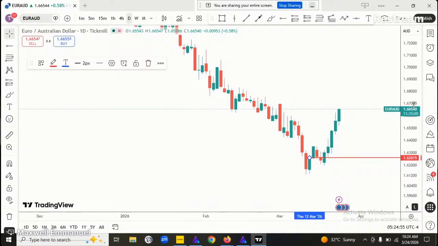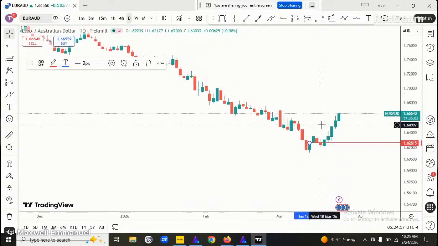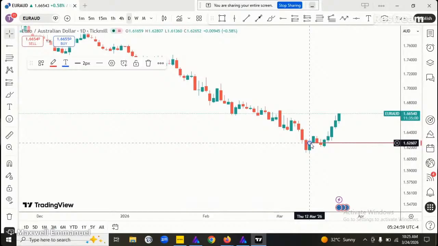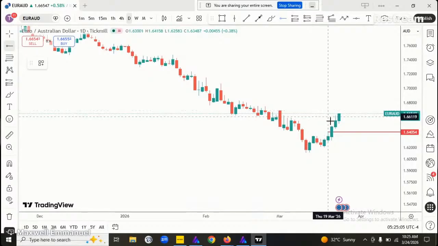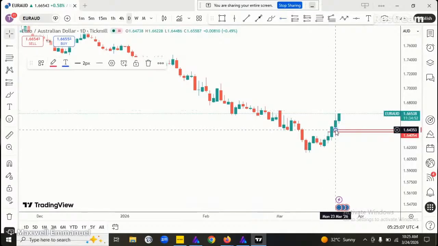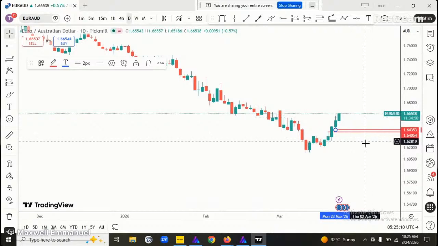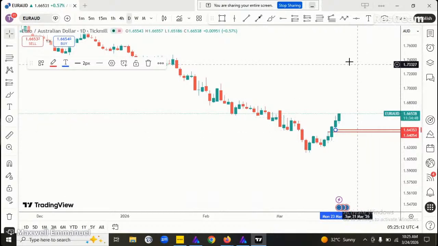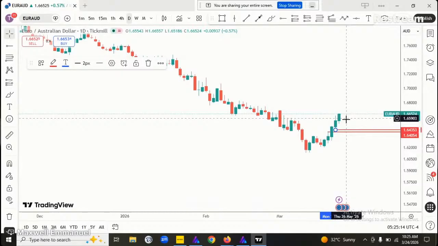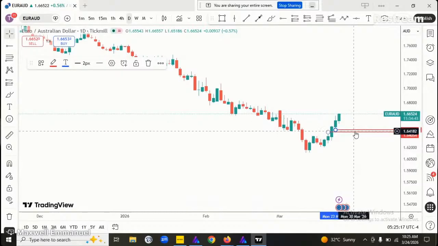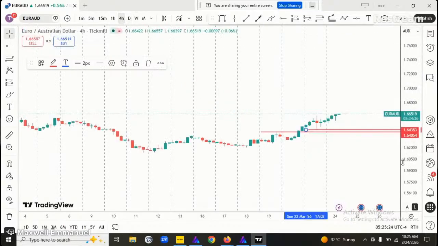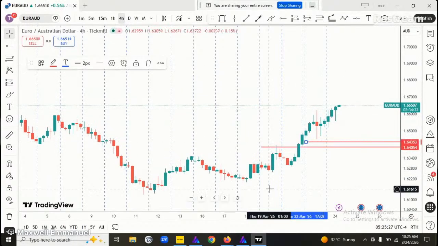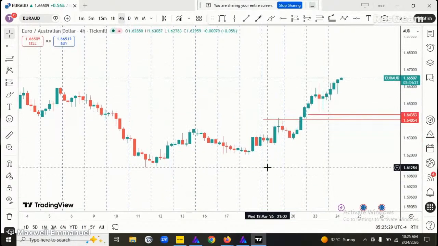So wait for a bearish reversal pattern. If you insist on buying, then you should at least let price pull back to this fair value gap. This is where you might consider joining the bullish trend. So when you see a bearish reversal pattern form, you can take a sell to this zone. Still very bullish.